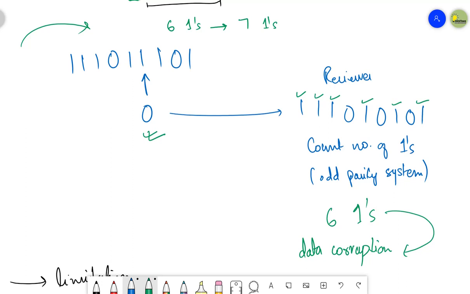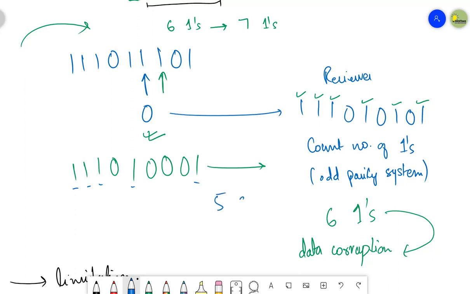But when two bits are going to change, let's suppose these two bits change. 1, 1, 1, 0, 1. These two ones become 0 and then you have 0, 1. When two bits change within the channel and it is received at the receiver's end, the receiver is again going to count the number of ones. And this time, 1, 2, 3, 4, 5.